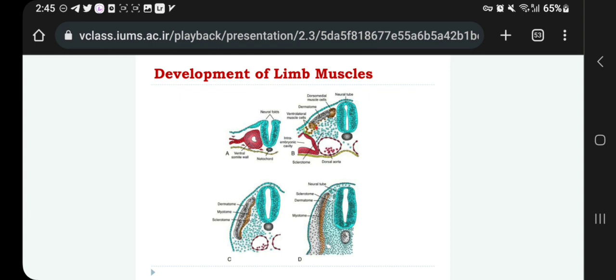But the cells that stay here, the remaining cells in the myotome, form the muscles of the back. For example, trapezius, latissimus dorsi, and also shoulder girdle muscles, for example, rhomboid minor and major, and the intercostal muscles, where we have internal and external